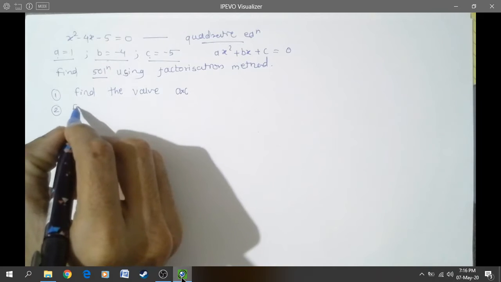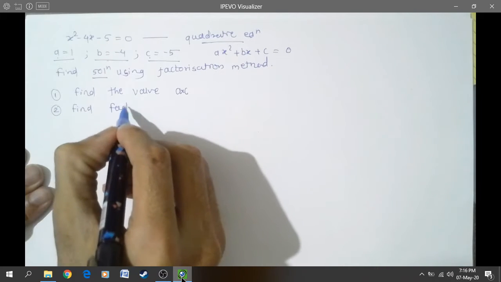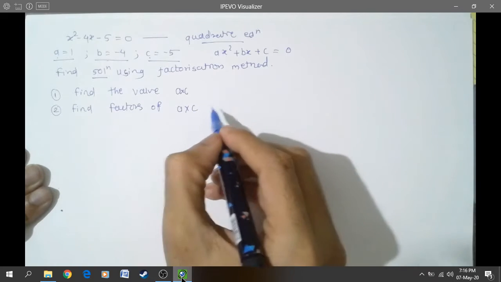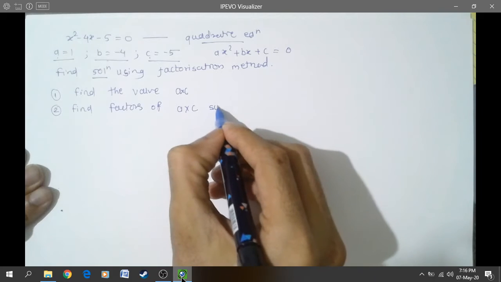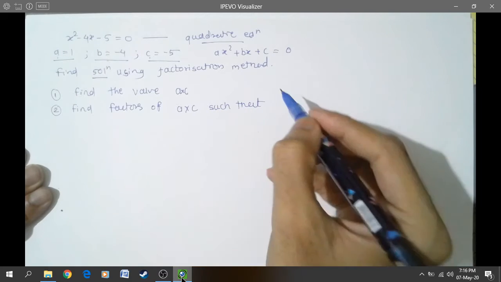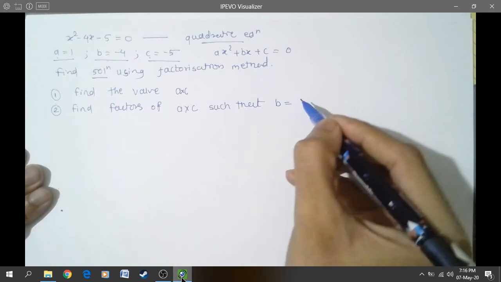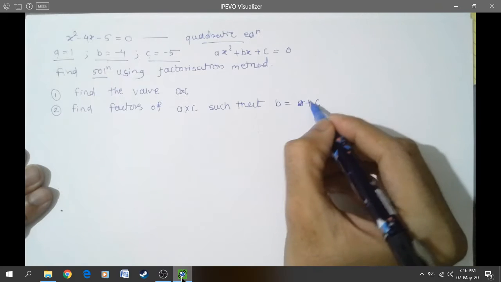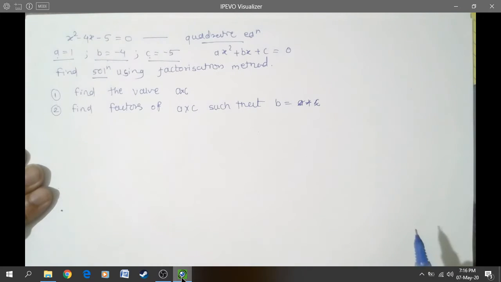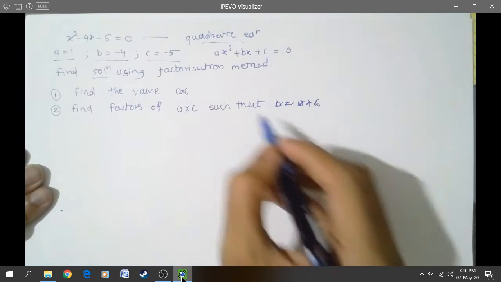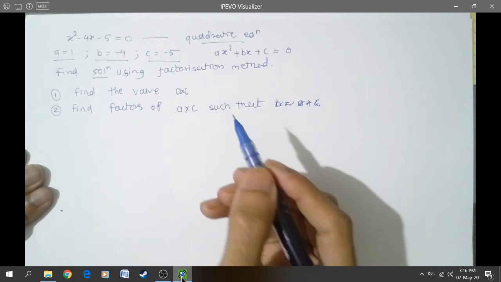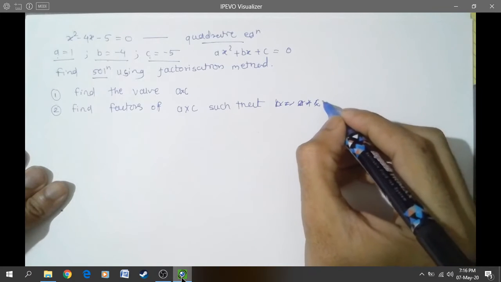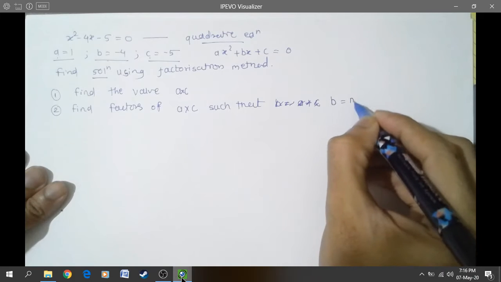Then find factors of a into c such that, suppose the factors are m and n, b is equal to m plus n,